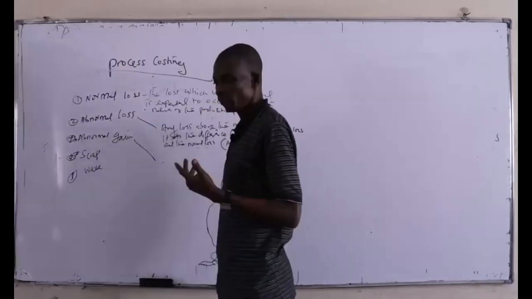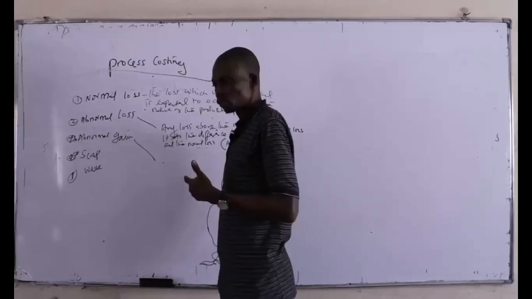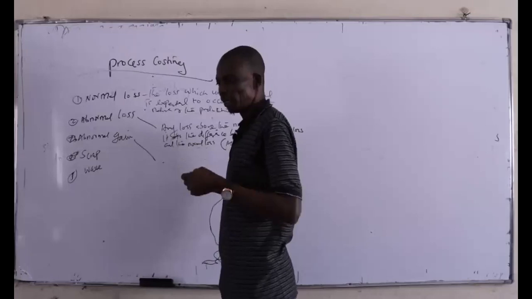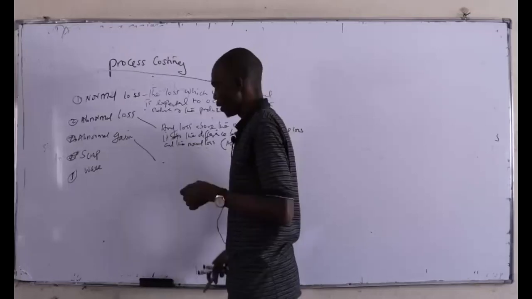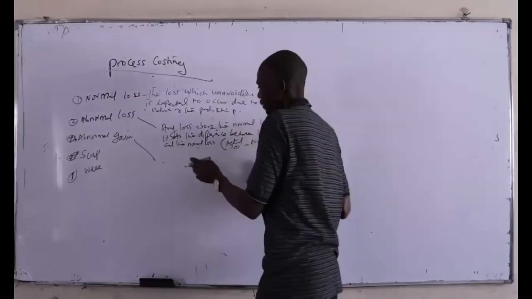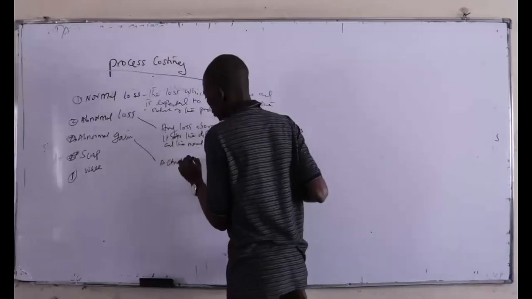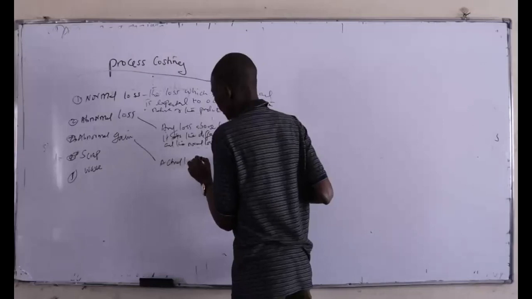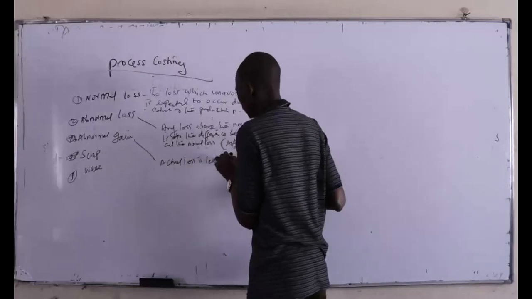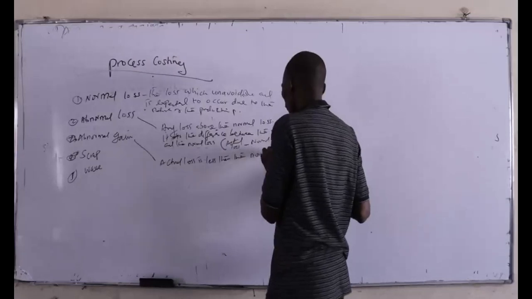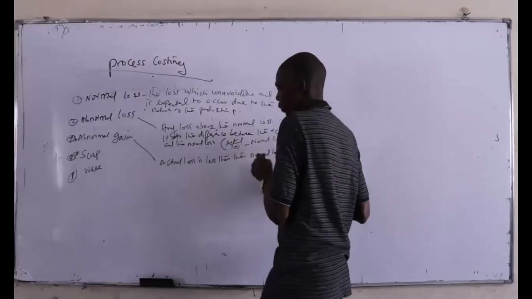Abnormal gain arises where the actual loss is less than the normal loss. So where the actual loss is less than the normal loss, then that difference is what we are referring to